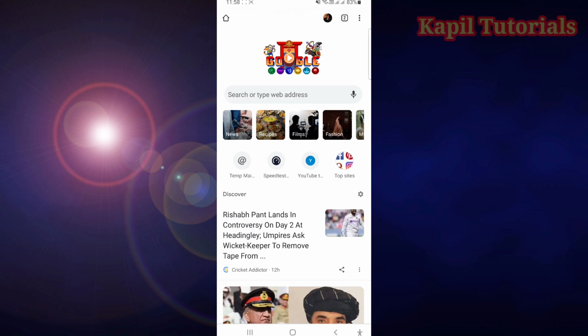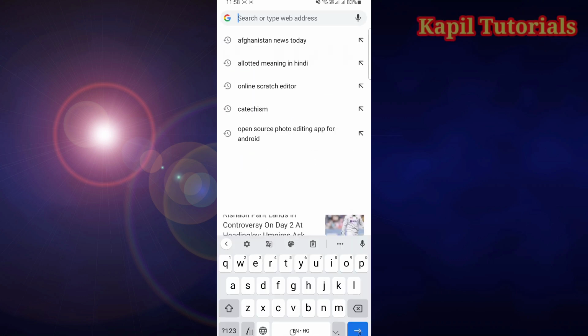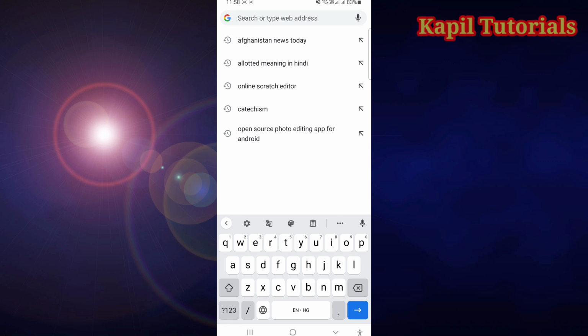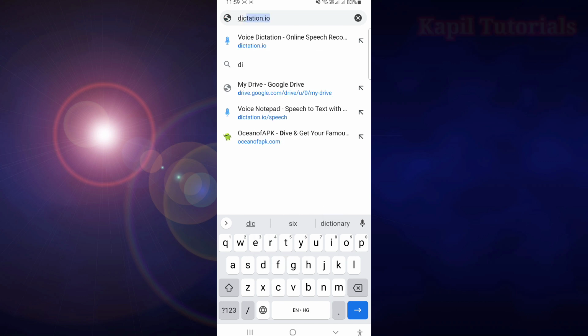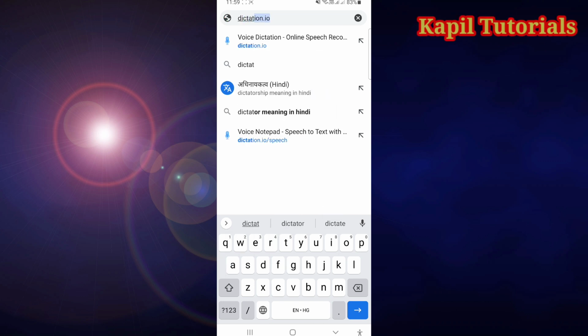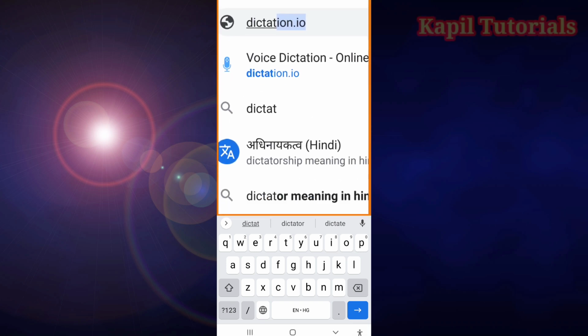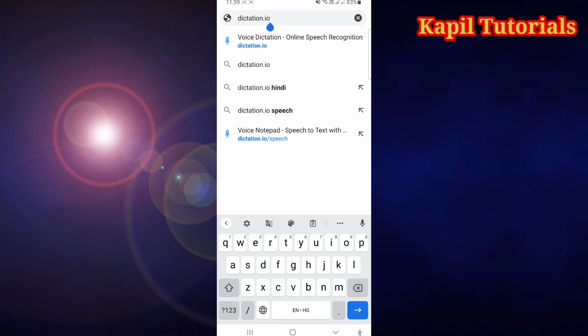First of all, you will open your Chrome browser or any browser that you use, and then here you will type dictation.io, as you could see here, and then /speech.